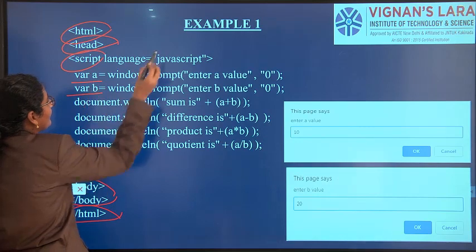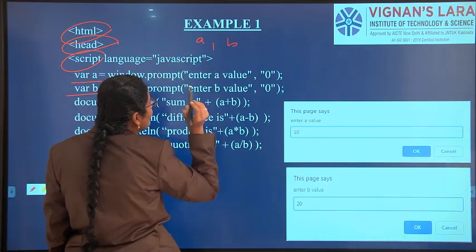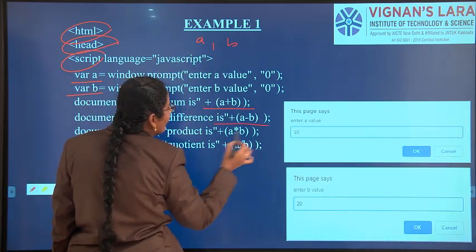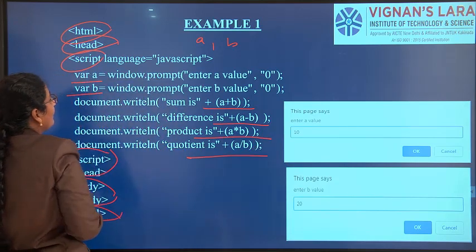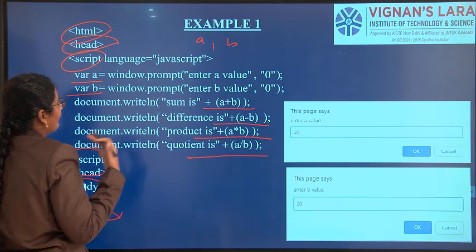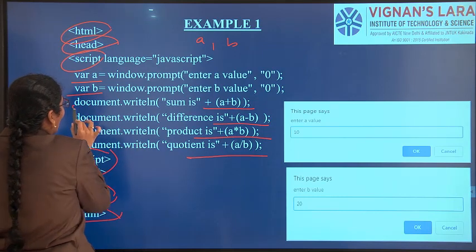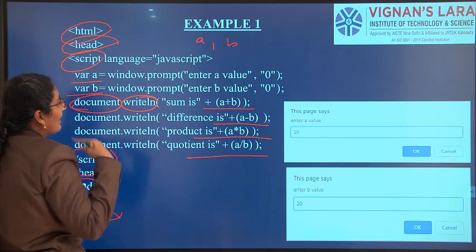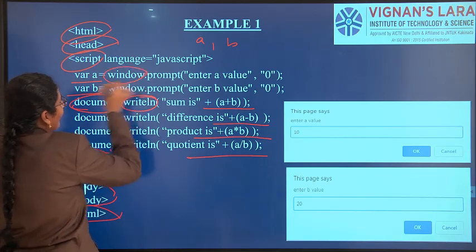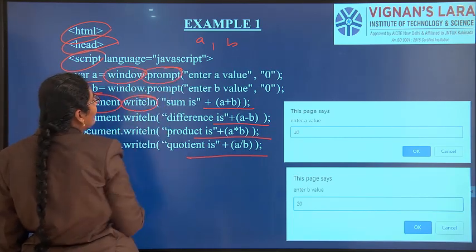I am adding A and B, subtracting, multiplying and dividing them. What is the method we have to print output? Document is the object, writeln is the method for output. Window is the object, prompt is the method for input.